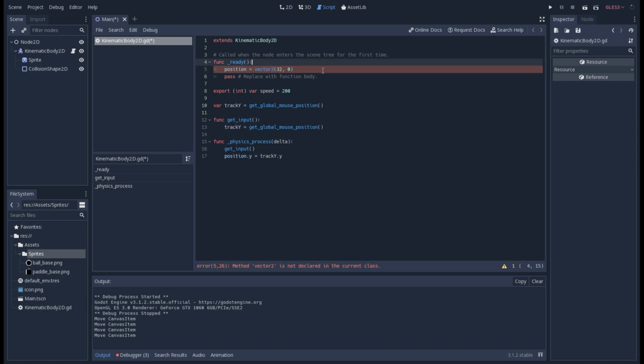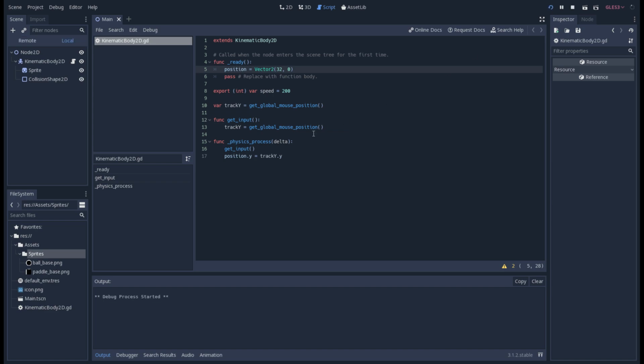Vector 2 is not declared in this current class. Is that because it needs to be a capital? Yeah, there we go. Okay. So at the beginning, it should automatically set it to be 32 pixels to the right, and it should start at the top, just as the mouse value should. So now we're tracking that right at the top of the mouse here,